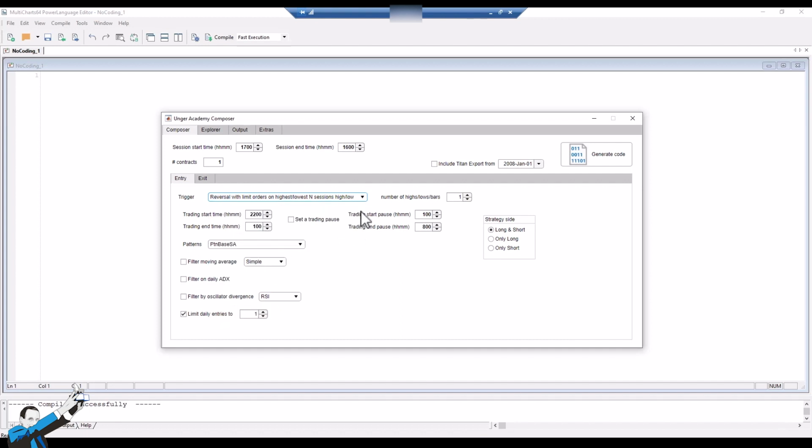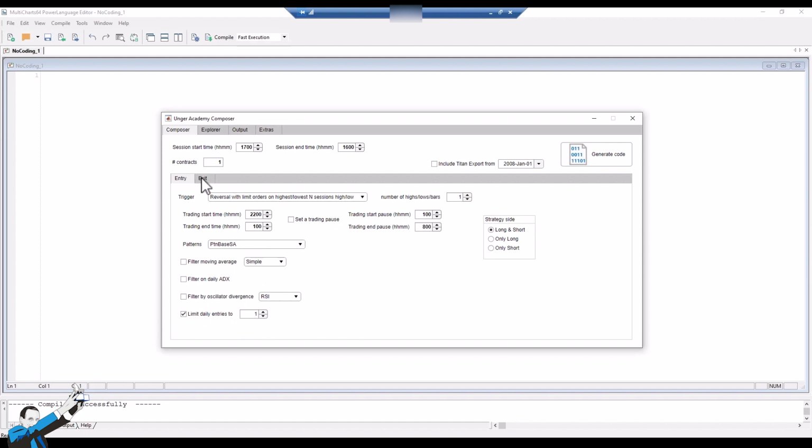the previous session. Then I select the times I want to enter the market between 10 p.m. and 1 a.m. Here above are the session times of the reference instrument and a possible operational break. I can decide whether I want to trade only long, only short, or in both directions, and add filters such as patterns, because we also have proprietary patterns at Unger Academy, or other filters that are among the best known in technical analysis. Here we have limited the number of daily entries to the value of 1, which we can